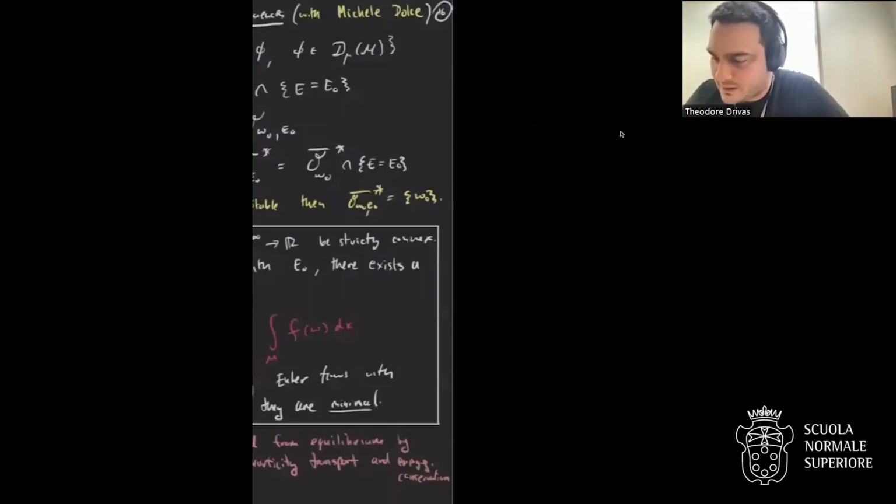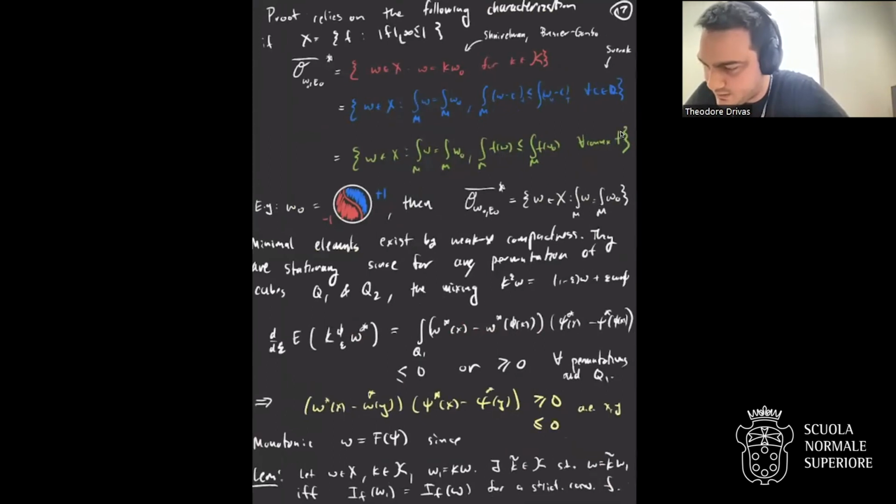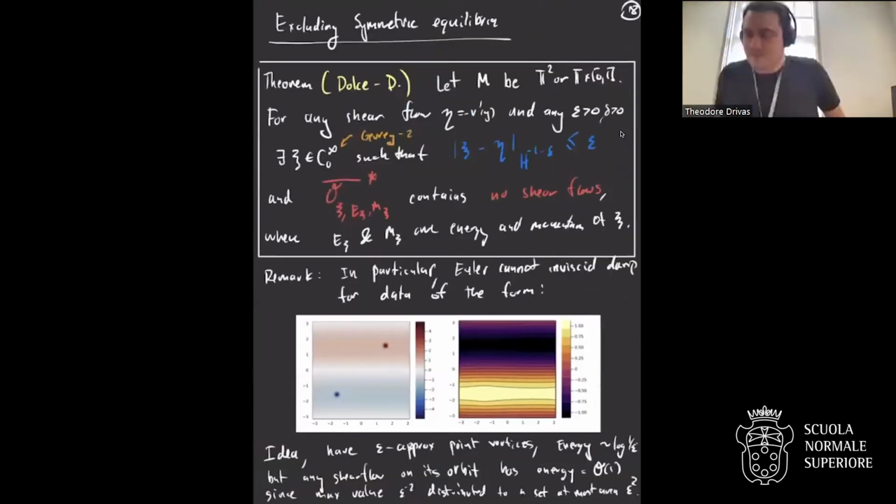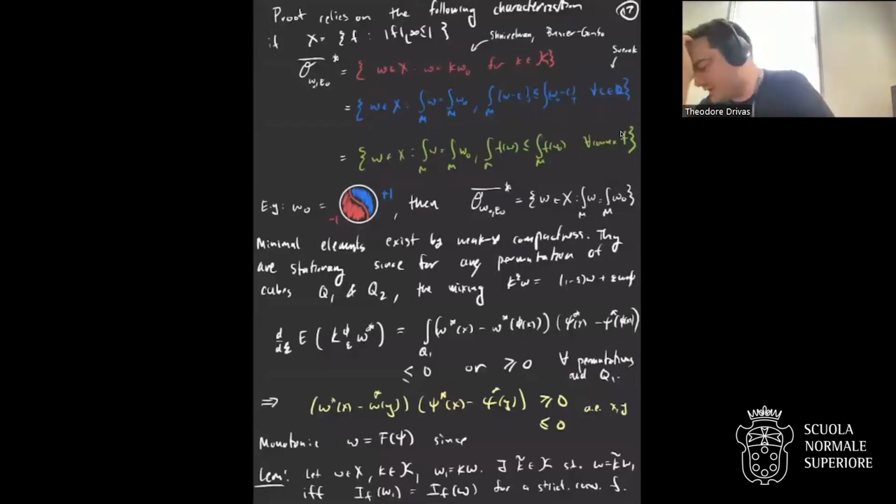Okay, so probably I don't have much time to talk about the proof. I'll skip it. Let me just emphasize, sorry, that what this is saying is that you cannot rule out convergence to equilibrium just from considerations of transport of vorticity and conservation of energy, which was also known from Schnirelmann's work, but this sort of makes it precise in terms of you can minimize different functionals and get steady states. And you can actually find multiple minimal flows on the orbit of some initial data. So you can't rule it out.